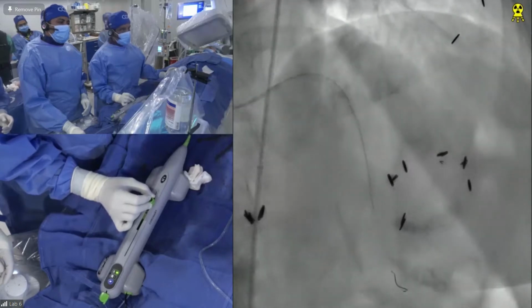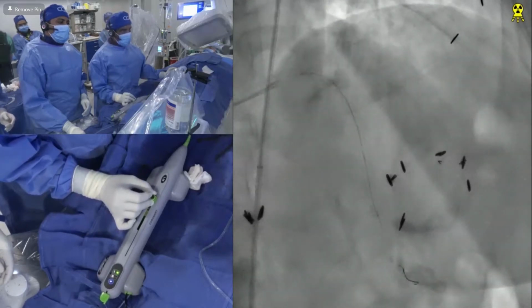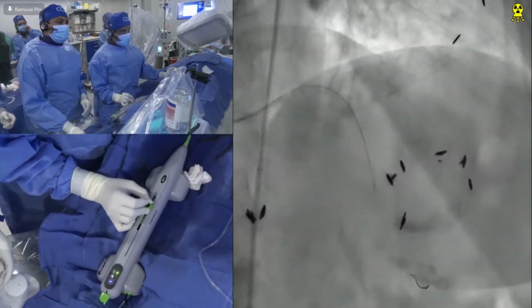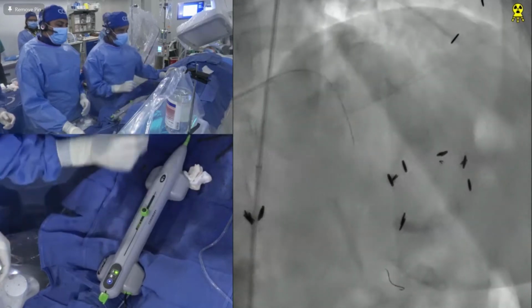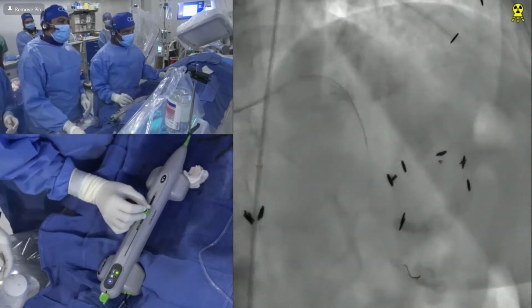The setup is much easier than Rota. There's no question. The cath lab techniques and all that are much easier. But there is always this thing that the ability to ablate may be different. SS, what do you think?